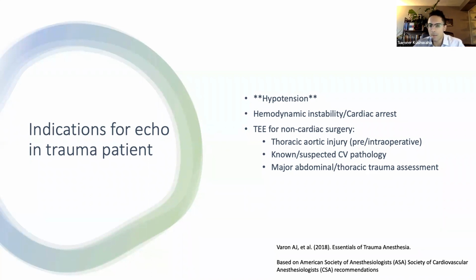In patients who are hemodynamically unstable but haven't yet arrested, it's very useful for looking into the cause of their undifferentiated shock, which we'll talk about more later on in the presentation. And transesophageal echo is also a very useful modality for cardiac surgery and for non-cardiac surgery. It can be used in the intraoperative setting for hemodynamic and structural assessments. It can be used in patients who have a suspected or known thoracic aortic dissection or other cardiovascular pathology. And it can also be used intraoperatively and postoperatively to assess the quality and positioning of aortic repairs.